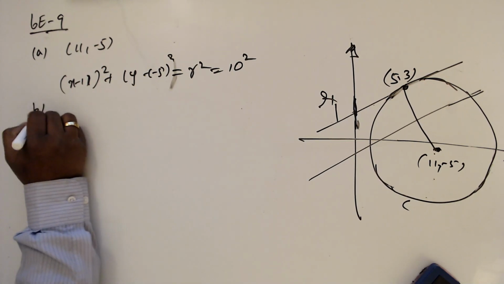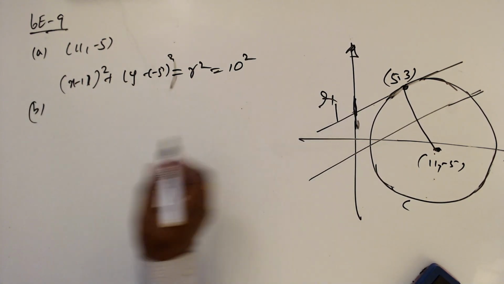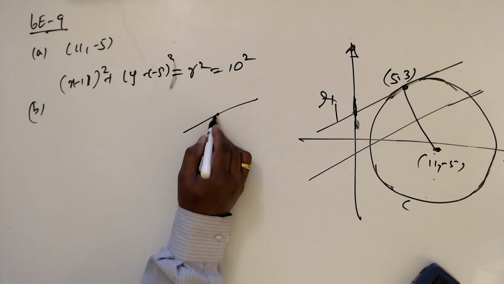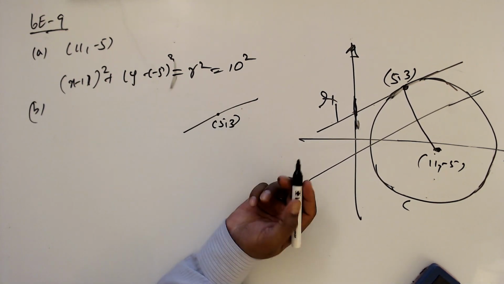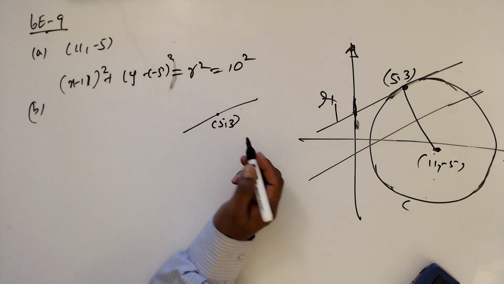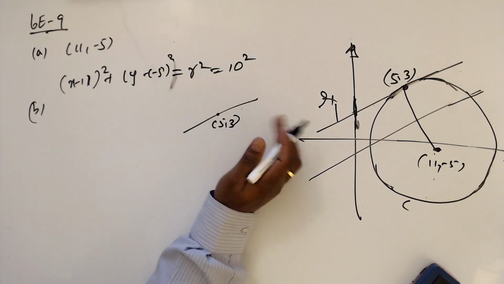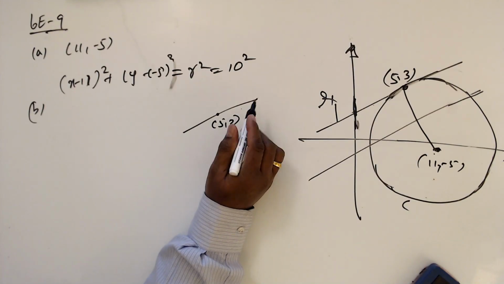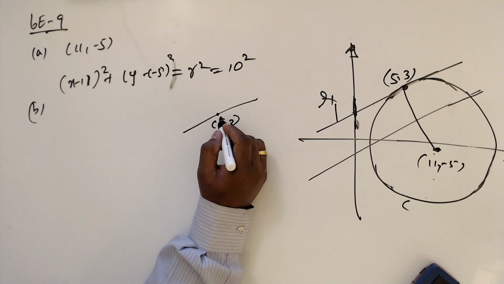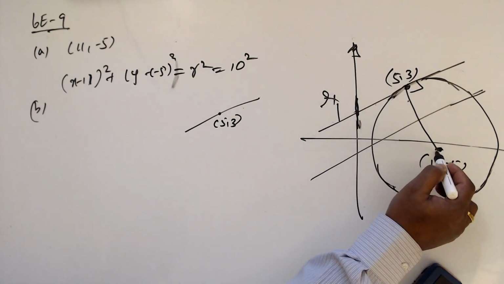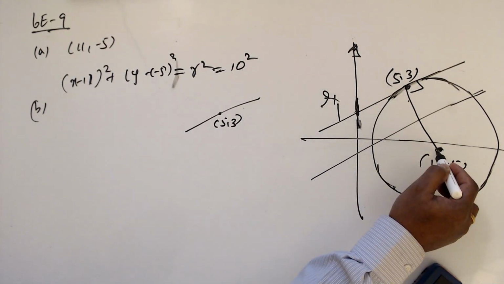Part B: we need to find the equation of L1. So find the equation of L. We know that (5, 3) is here. To find the equation of a line, we need either 2 points or a point and a gradient. Now I can see we can easily find the gradient, because I know the perpendicular gradient. If I know this gradient, then I can find